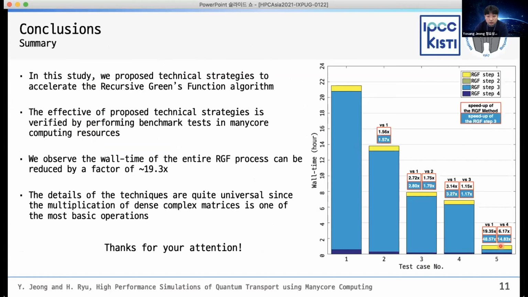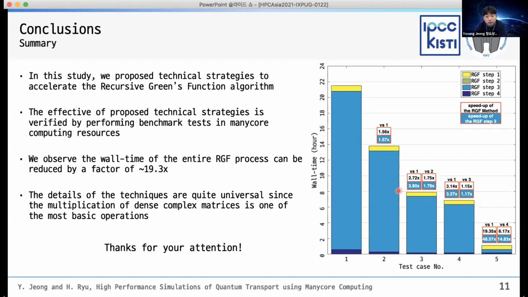And this is the last slide, the conclusion. In this study, we proposed a technical strategy to accelerate the recursive Green's function algorithm for our in-house code QN. The effect of the proposed technical strategy is verified by performing elaborate benchmark tests on Manycore computing resources. And by applying the 4 strategies, we observed the wall time of the entire RGF process can be reduced by a factor of about 19.3 times,